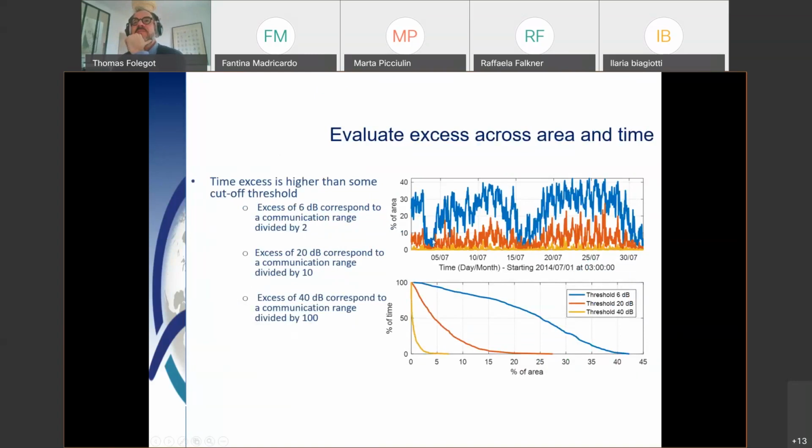Okay, and these are these three curves here. And once you have a look at your noise map and the different areas, how much you exceed, what is the proportion of area, you can then transform this into a plot, which is how much time you have reached